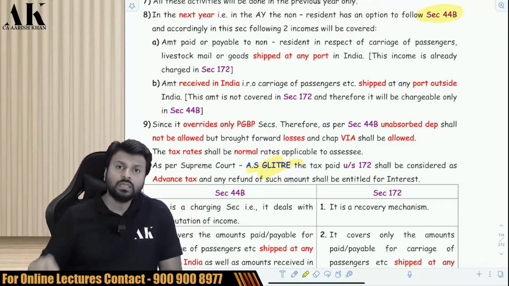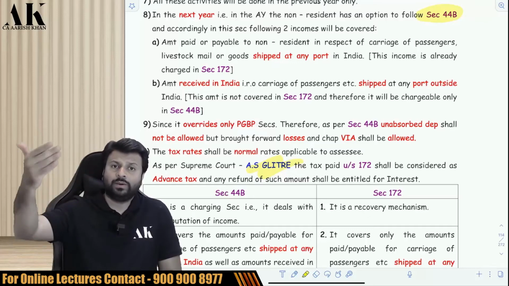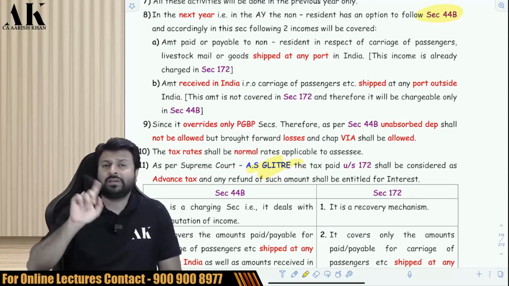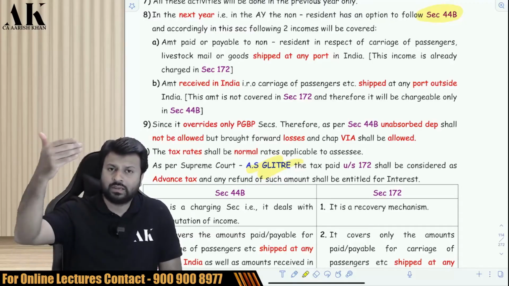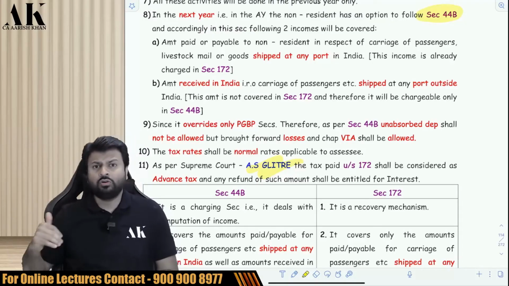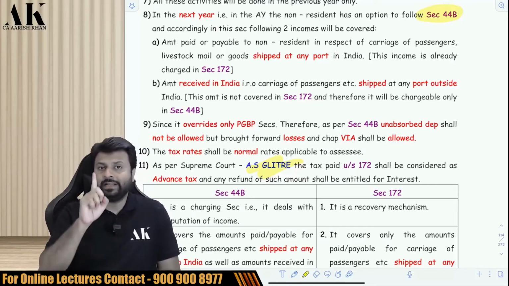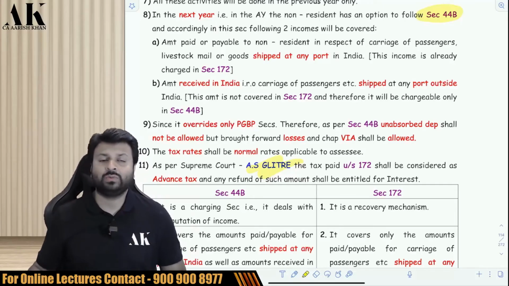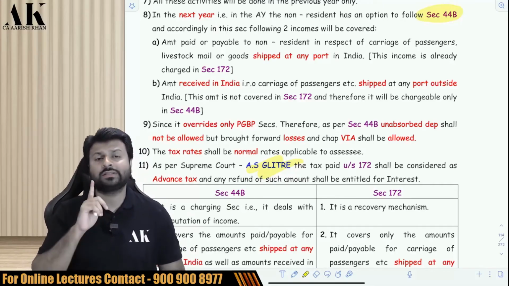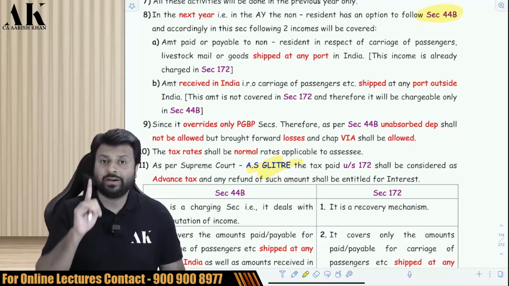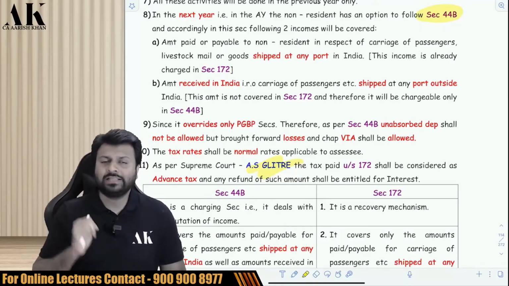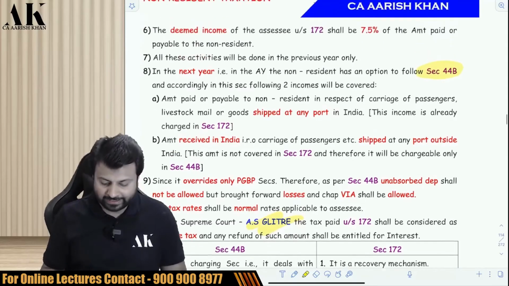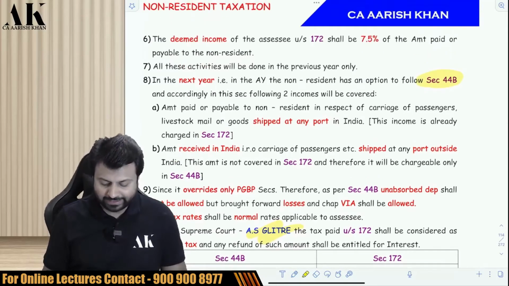Suppose the ship is leaving from Singapore to Dubai, or Dubai to Singapore. It means the ship is not leaving from India, and the money is received in India. Now that income cannot be covered in 172, because 172 only covers that income where the ship is leaving from India. So in that case, where the ship is leaving from two other countries, not India, that income will be directly taxed under